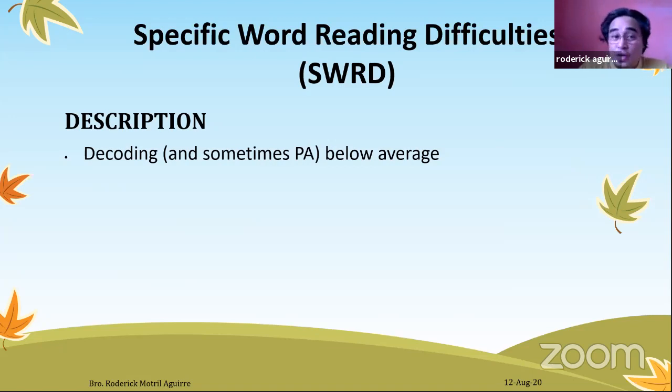They have decoding problems and sometimes phonemic awareness. Their phonemic awareness is below average. All right? So mababa ang kanilang decoding talaga to the point that pag nagbasa sila talagang maririnig mo sila na